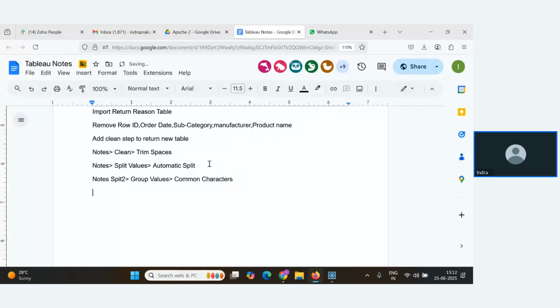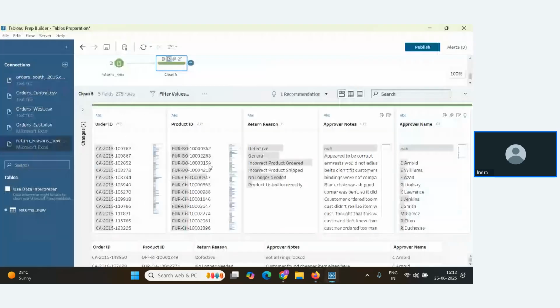After that, we removed the notes field, and we renamed node split two as approver name and the second field as approver notes.